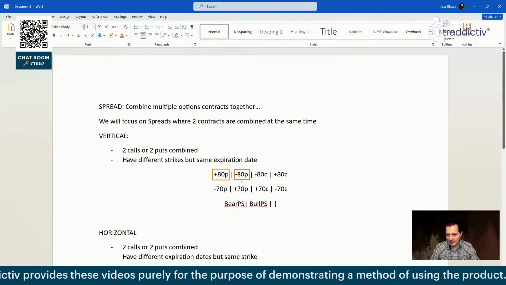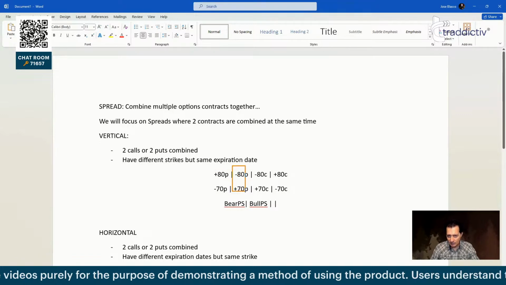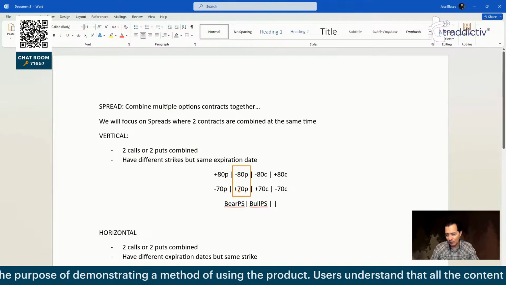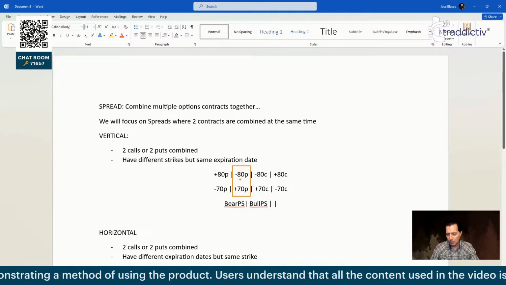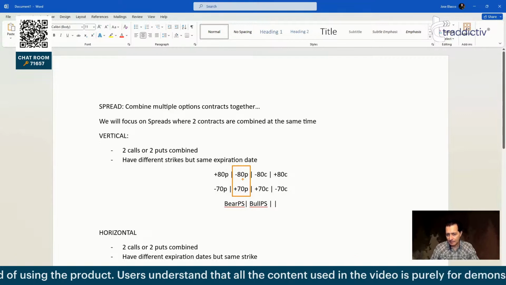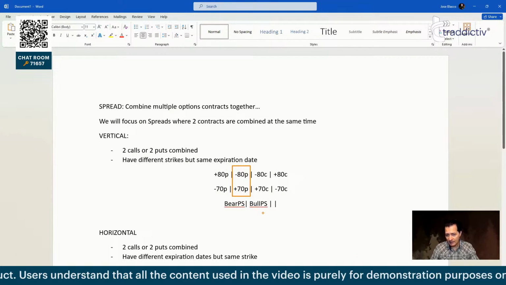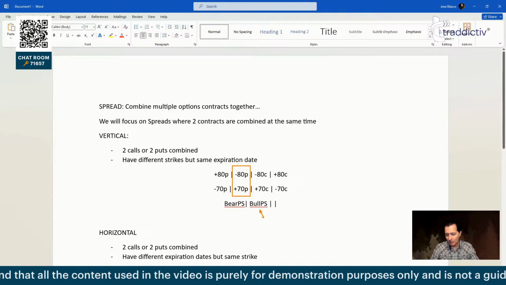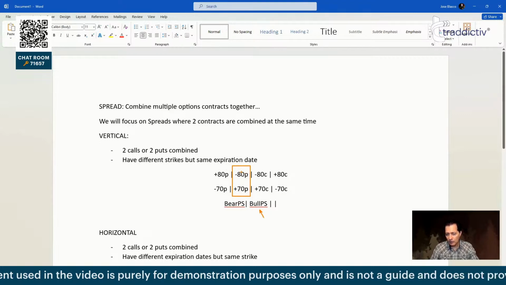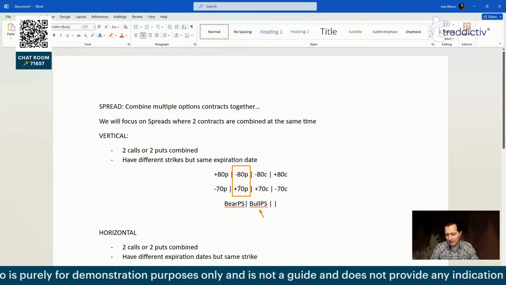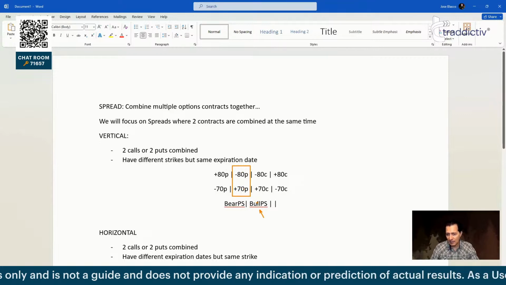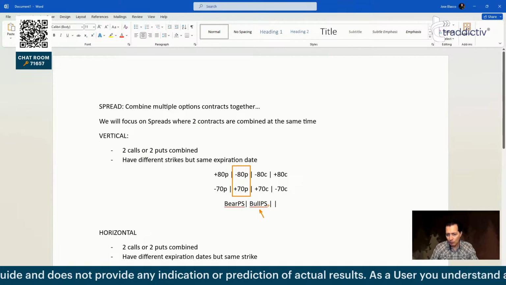So if I do the second case, where I am selling the put and buying the put below, the put with the greatest amount of delta is going to be the highest one. Therefore, that strategy becomes bullish. So if you sell the 80 put, buy the 70 put, and the stock goes up, you make money. So it's a bullish strategy that uses puts. So we call it a bull put spread.